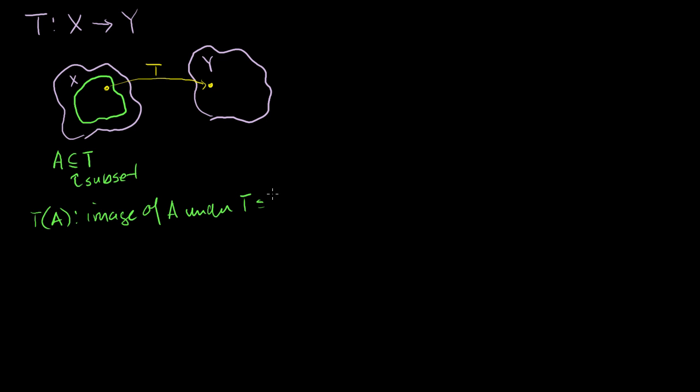We've defined this to be equal to the set of all transformations of each of the members of our subset. And of course, these are going to be some subset of Y right there. So we essentially take each of the members of A. This was one of them. You find its transformation. It's that point. You take another member of A. This is all set A right here. Take another member of A, find its transformation. Maybe it's that point. You keep doing that. Find its transformation. Maybe it's that point. And then the set of all of those transformations, maybe it's this blob right here, we call this